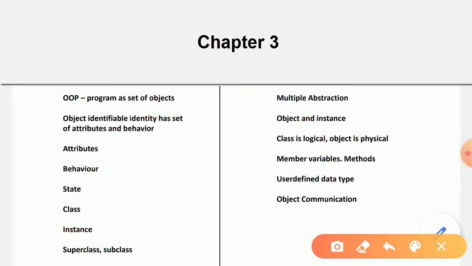So the blueprint of the building is logical. It does not exist physically, it exists logically. So same is the case with class and object. Once you create the class, it's a logical construct with the help of which we can create the object, the actual object, just like with the help of a blueprint, you can create the actual building. So that is the difference between class and object.